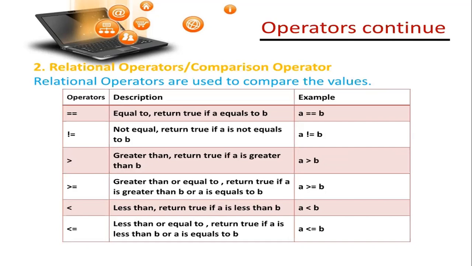So A is greater than or equal to B. A is 6 and B is also 6, and then I say greater than or equal to. It looks at greater than, it says no. It looks at equal to, says yes, it is equal to. So the answer will be true. So it will return true if A is greater than B or A is equal to B. In both the scenarios, it will return true. Moving on, less than. Again, in less than, it will only check if A is less than B and return true. Finally, less than or equal to, only if it is less than or equal to B. All right.